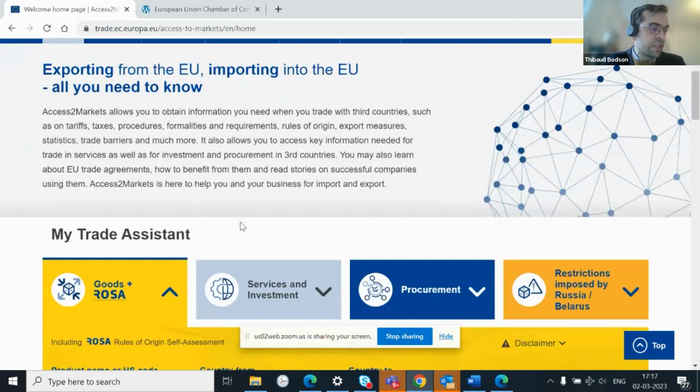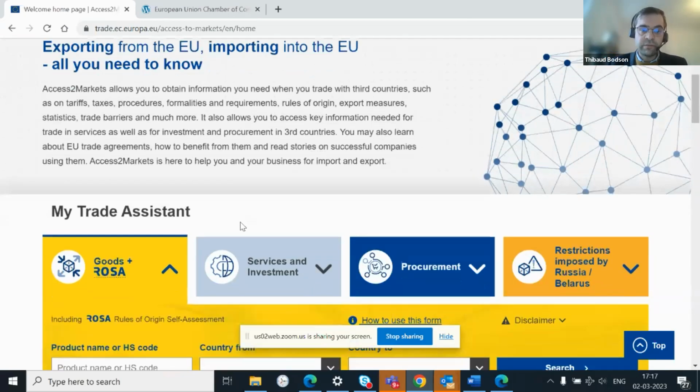So it should help operators, stakeholders, businesses, business organizations, chambers of commerce, and so on, to have concrete, practical information on the conditions, on the legal requirements that service suppliers, say a law firm, have to fulfill when they want to export services to third countries. So the objective is very much to help them have a better understanding of the conditions that they will have to fulfill when they want to export their service.